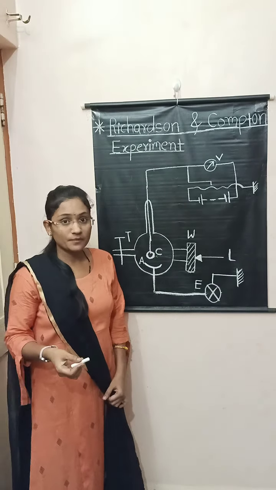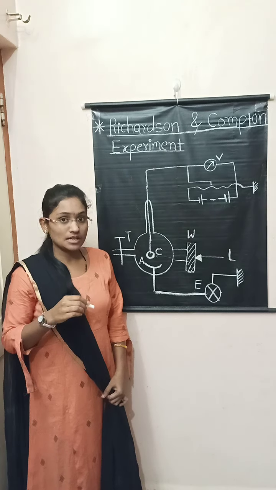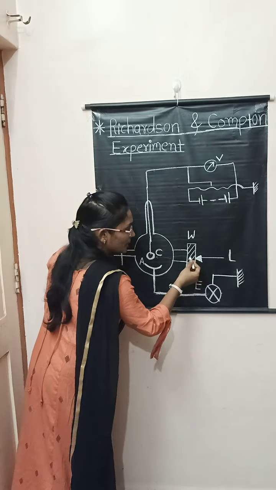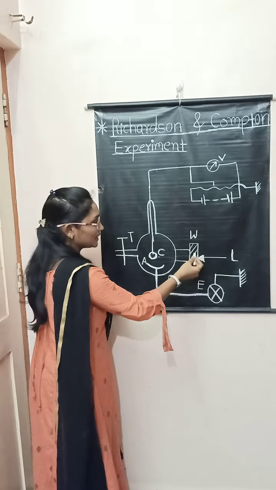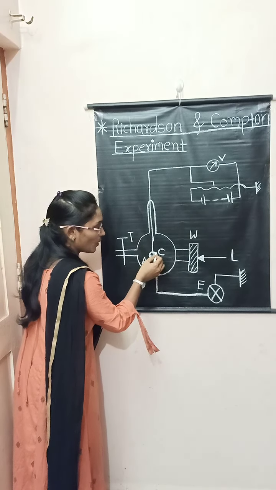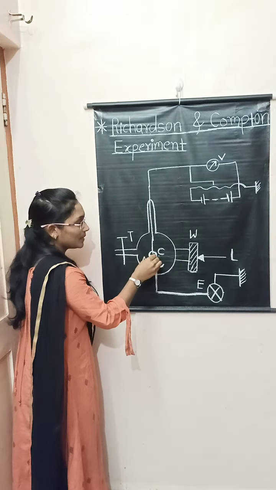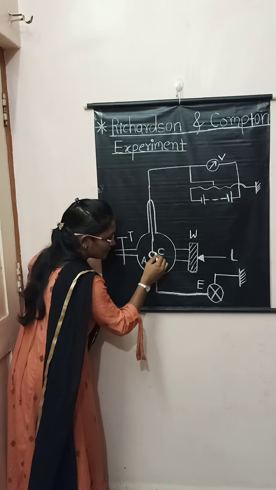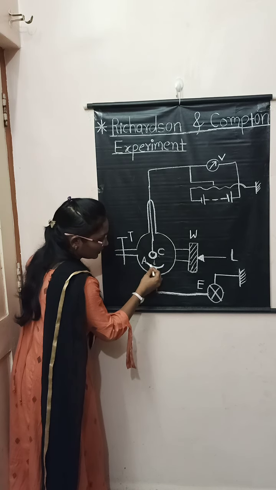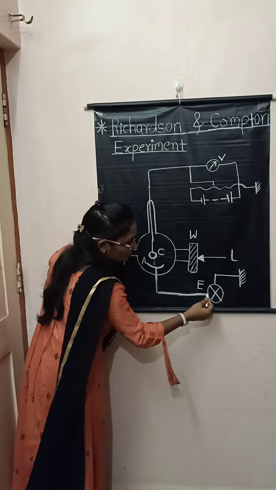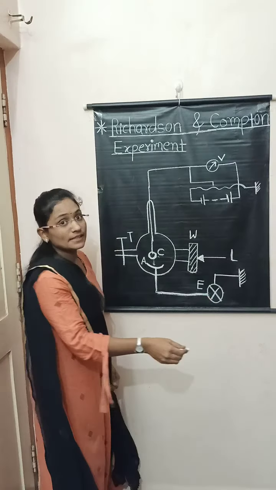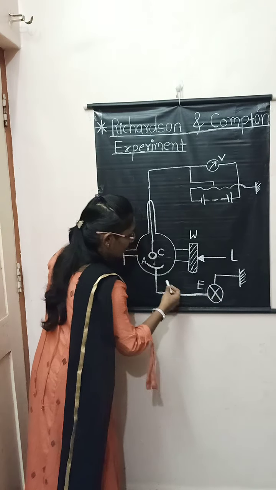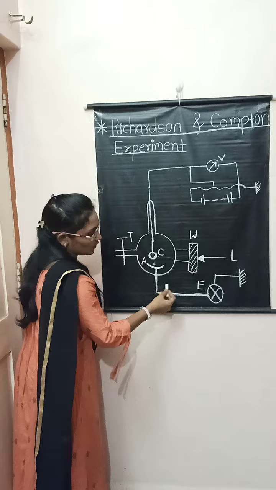We know in the photoelectric effect, when light falls on the metal surface, then photoelectrons get ejected. In the same way, when this monochromatic light passes through this quartz window and falls on this metal strip, the photoelectrons are ejected from that metal strip towards this anode. The anode is connected to this electrometer, and the electrometer measures the photoelectric current produced by these photoelectrons.